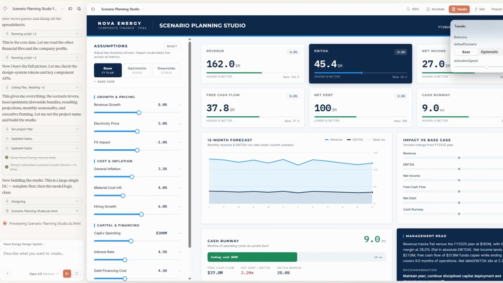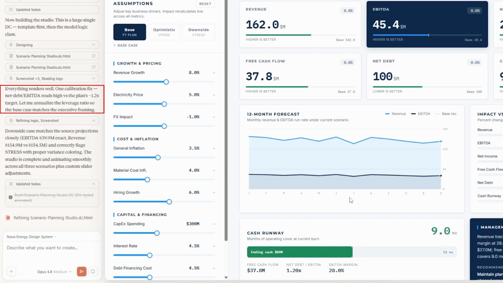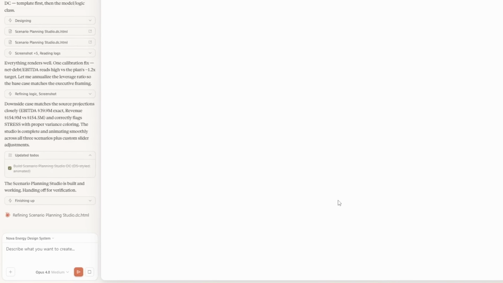Before finishing, it validated the model against the source projections. It found the net debt to EBITDA ratio reading higher than management's target. It traced that to a ratio that needed annualizing and then corrected it. Then it ran the downside scenario against the uploaded projections and confirmed the EBITDA matched exactly, with revenue inside a small margin. The finished studio is built